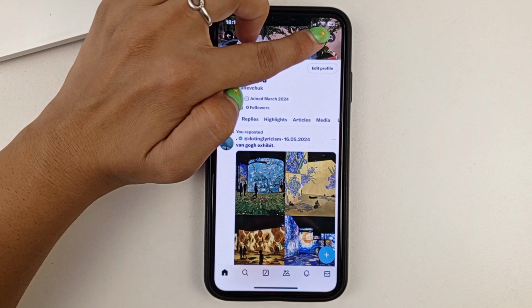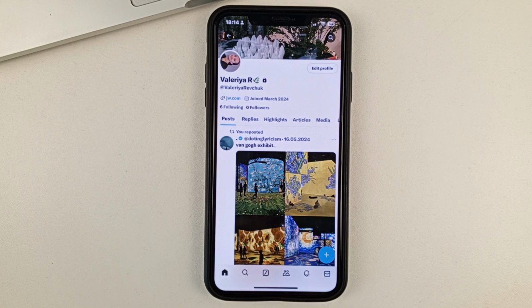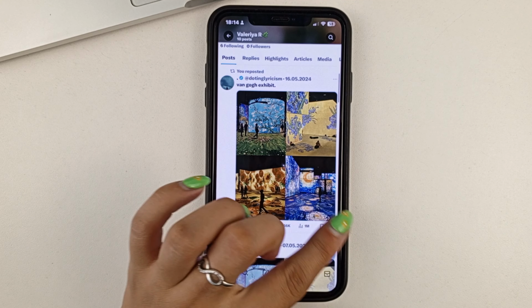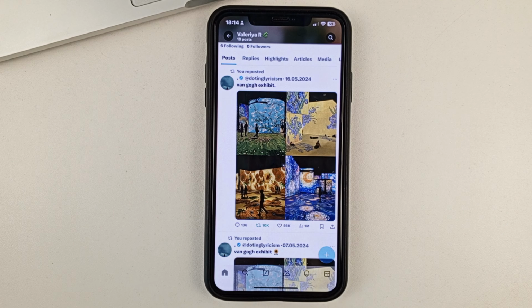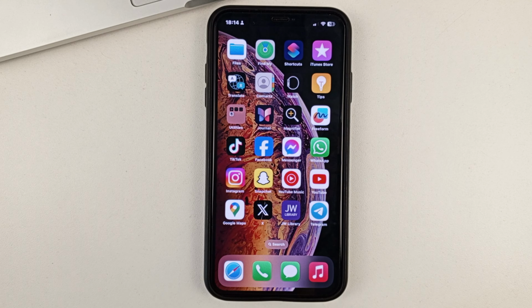And if you want to share a link to your page, then at the top on the right side, near this search magnifying glass, there should be a share button like the one here. You click on that and then you choose Copy Link. And then you copy that link and share it wherever you want. This is the way, friends, you can copy the link in the X app on your mobile device.